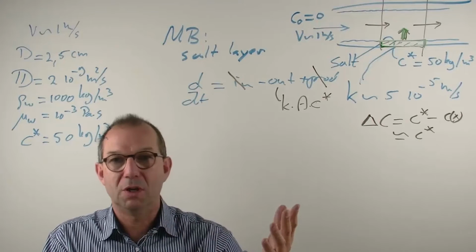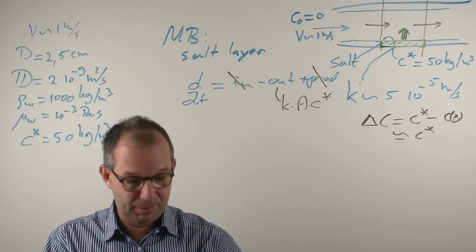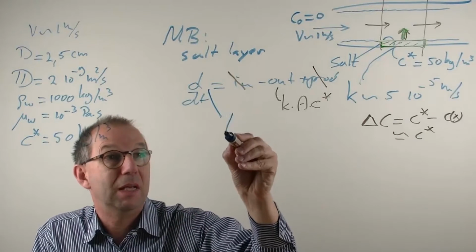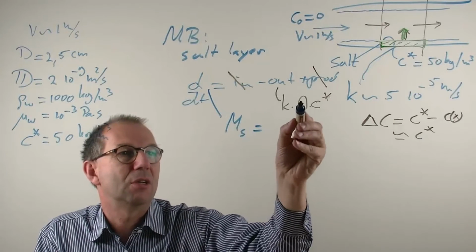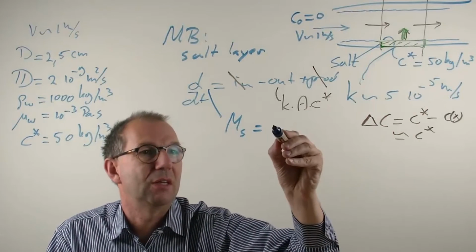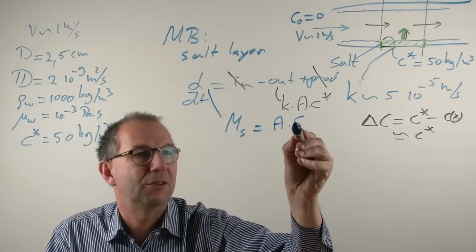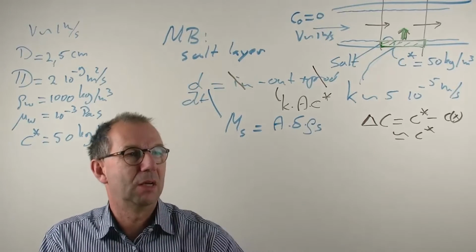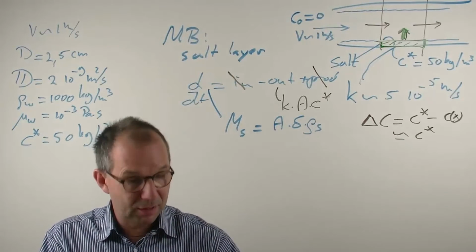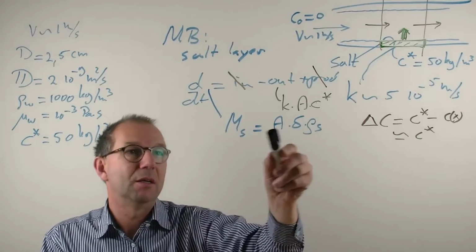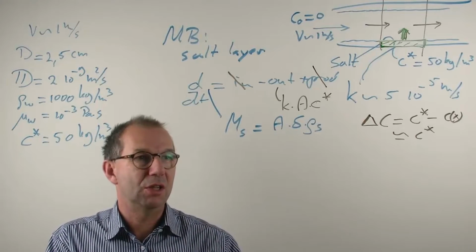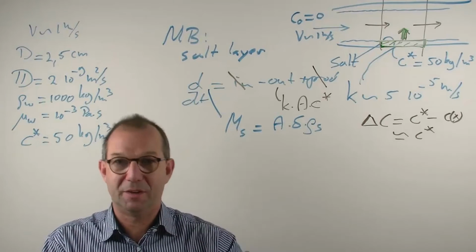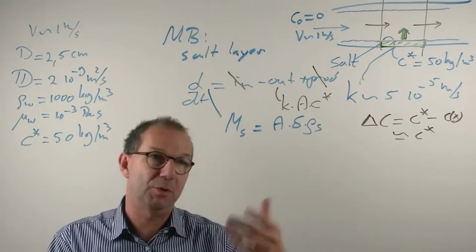But it's in this part where it's changing. This is no longer a steady state, because that salt layer is shrinking. So I need to put in here the mass of the salt in that layer, and that is the area times the thickness, and I call the thickness delta, times a density, because it's just a volume of the salt. This is a constant, and you see, if we look at what is still changing, it's only the delta that is changing. The thickness of the layer, obviously, we are trying to flush that salt out, so it's dissolving.